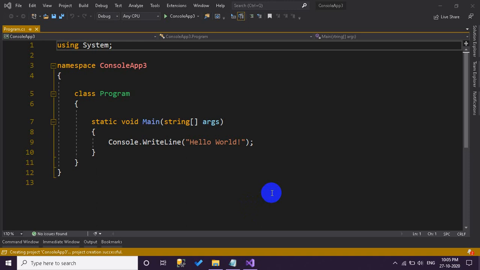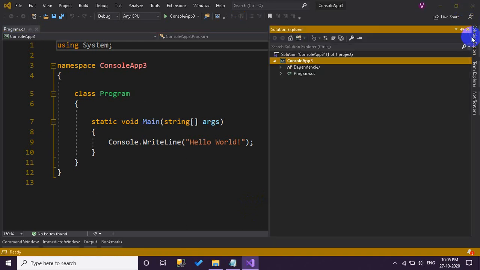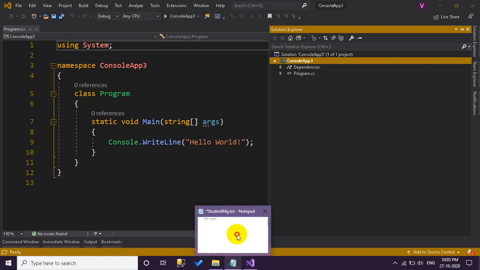Our project is created. Before diving into our code, let us discuss what exactly this Entity Framework is. Entity Framework is nothing but a framework we use to communicate with our database. Usually what we use for communication with the database is ADO.NET, with classes like SQL connection, SQL data reader.